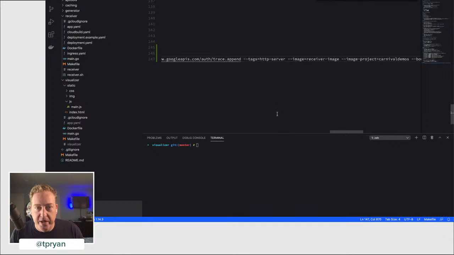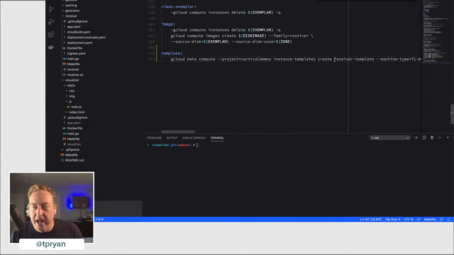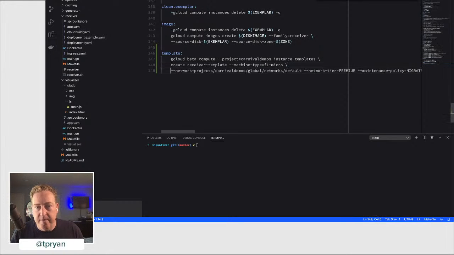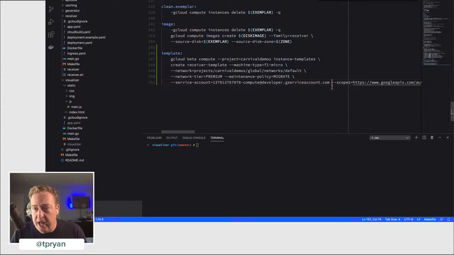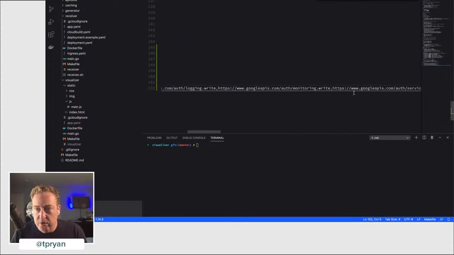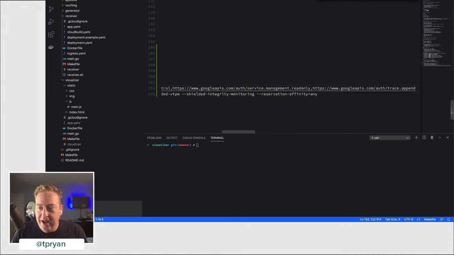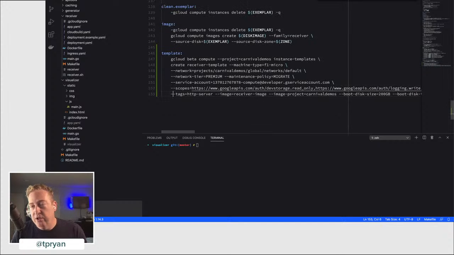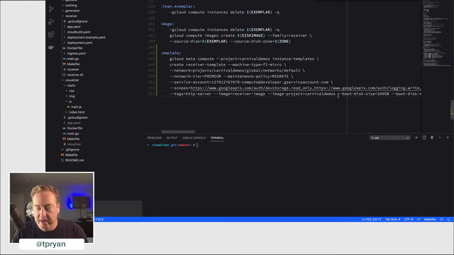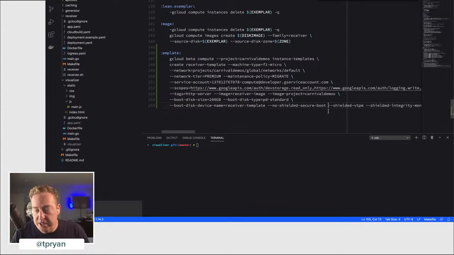Okay, now this is way too long for the line, so I'm going to go ahead and start adding line breaks to it. The reason I do this is because I'm going to share this project via GitHub, and I want other people to be able to use it. And I don't like writing documentation, so a makefile says, instead of me saying go to the UI and do this, then do this, then do this, you can just run the makefile, and all the gcloud